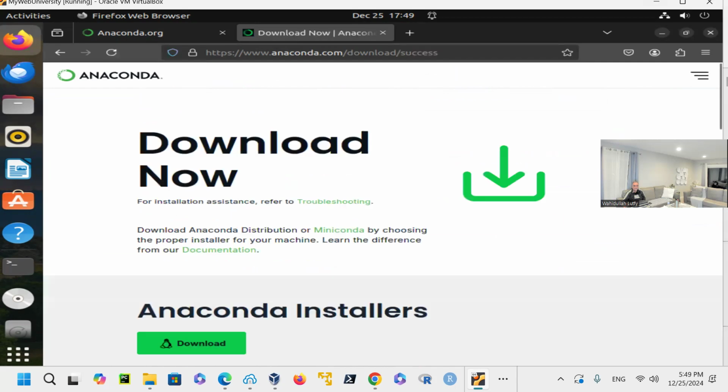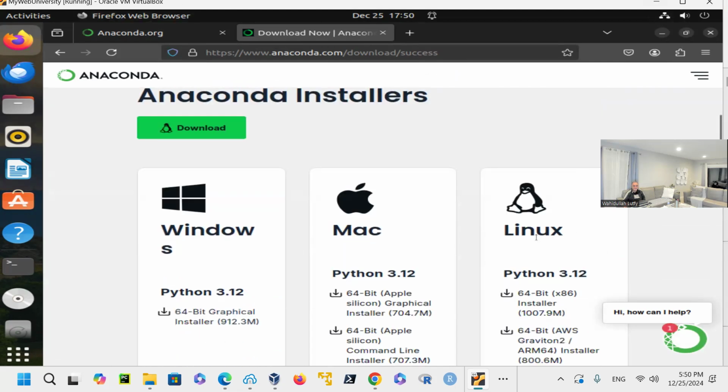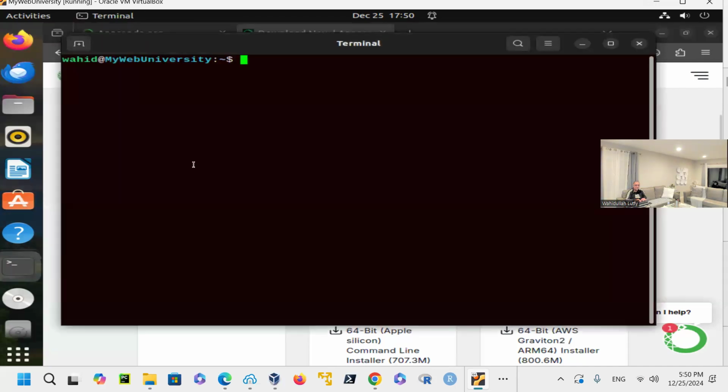And then here now we have the download page, and then you just say, okay, in this case, I'm doing Linux Ubuntu, but it is Linux. So Linux, I need to download the 64-bit x86 because I told you that my machine is x86, 64-bit operating system. Now notice that uname